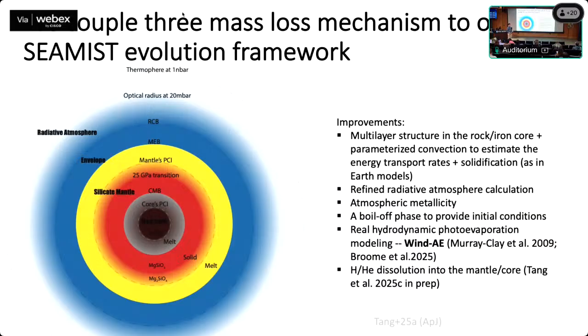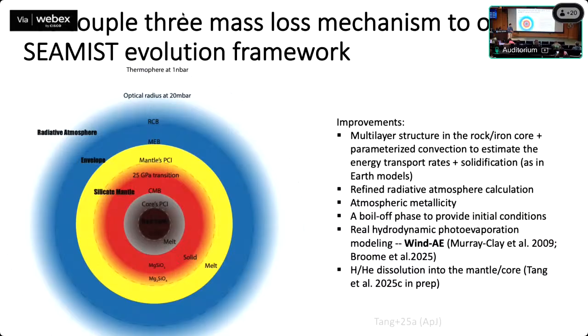It's called CMIST. CMIST has some improvements. It improves upon previous subneptune models by incorporating a rocky core evolution. It calculates the solidification process within the rock and iron core. It calculates the energy transport in there, compared to the previous models where people typically assume that the core is an isothermal perfect conductor. And another remarkable improvement is that we incorporate real hydrodynamic calculation for photoevaporation using WINDY, as presented